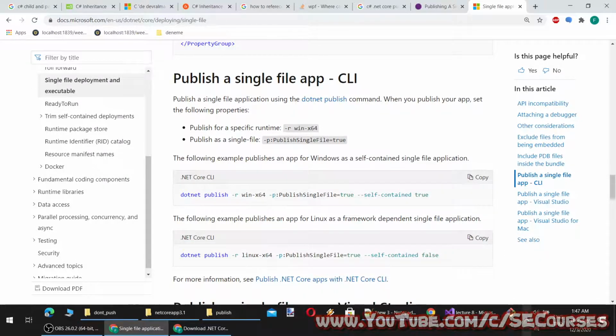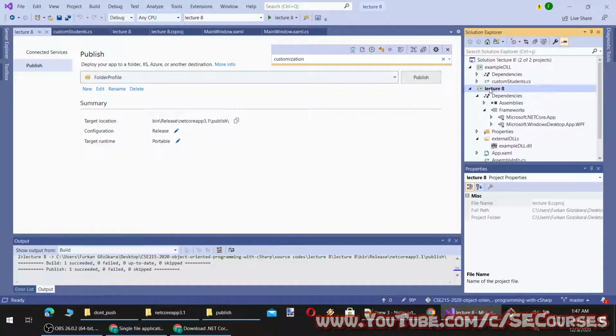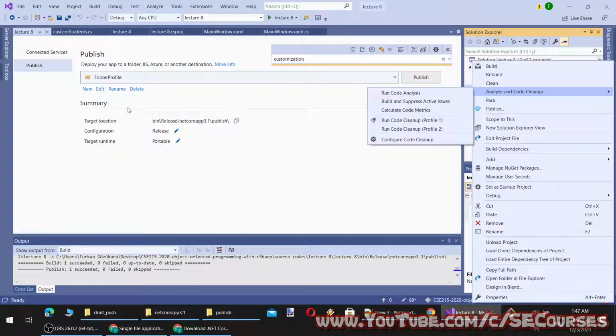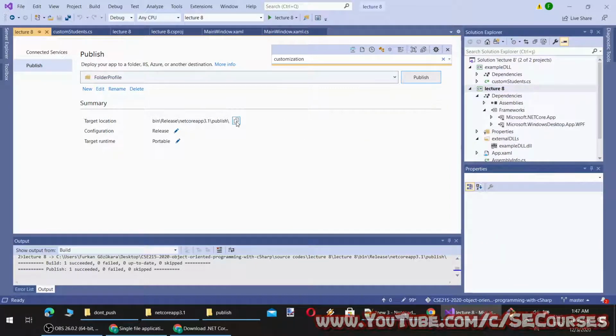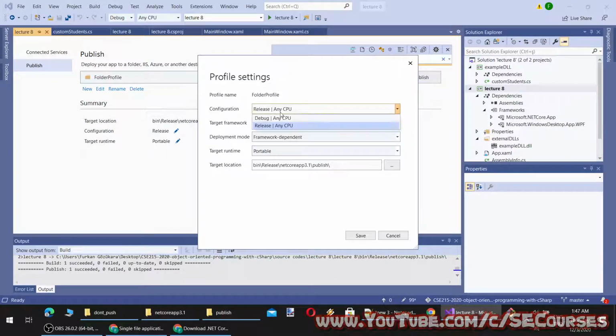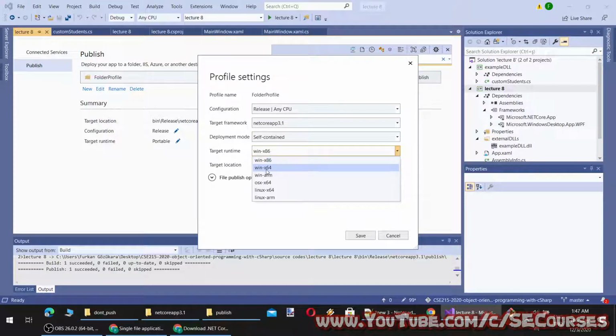Okay, there is single file publishing, and so I think I can edit. Okay, release any CPU, target framework, framework dependent, self-contained. Okay, I'm going to make it self-contained. And there is publish options, produce single file. Okay.